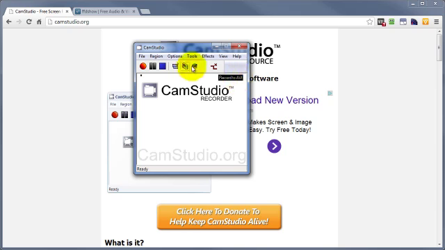Leave it at AVI, or you can click on that and record to SWF, which is kind of an older Flash version. I would say don't mess with SWF at all, but it is there just in case you want to do what I say not to do. So leave it at AVI and you're good to go. Now then, let's go ahead and click on record,